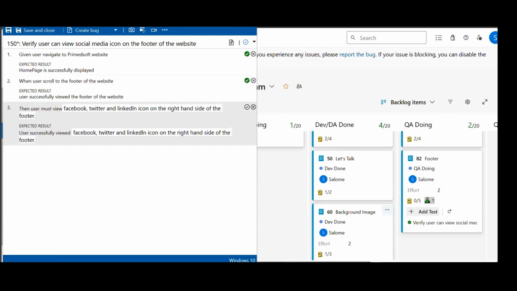So what you will do is you'll come here and fail it, right? Once you've failed it, it will now want you to give a comment. This comment is where you will write your actual result, what you actually saw, right? Remember, the instance we are using is that we went there and we didn't see Facebook. The only thing we saw is Twitter and LinkedIn, right? So you can now say,